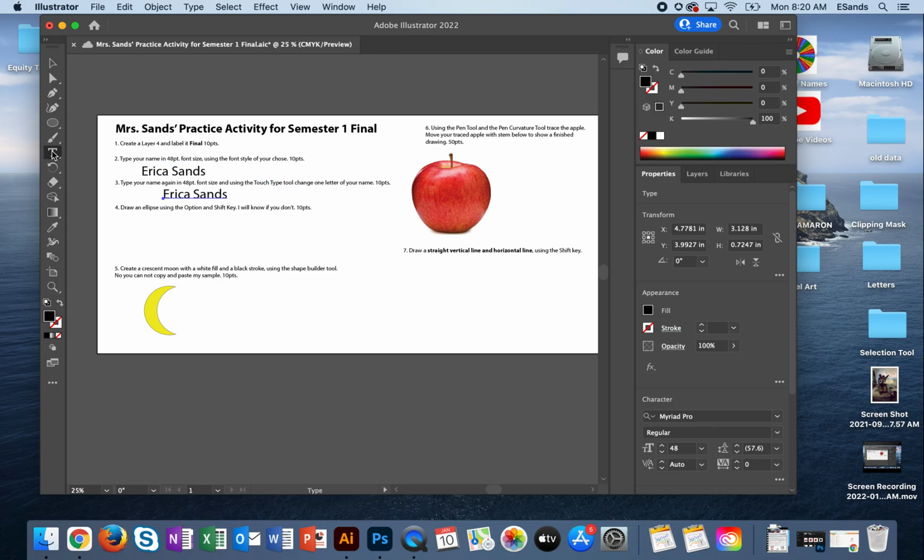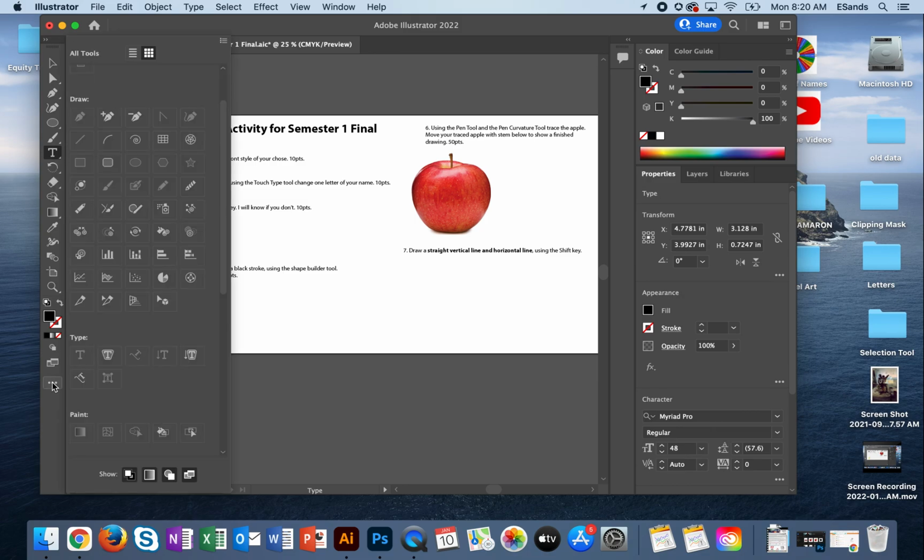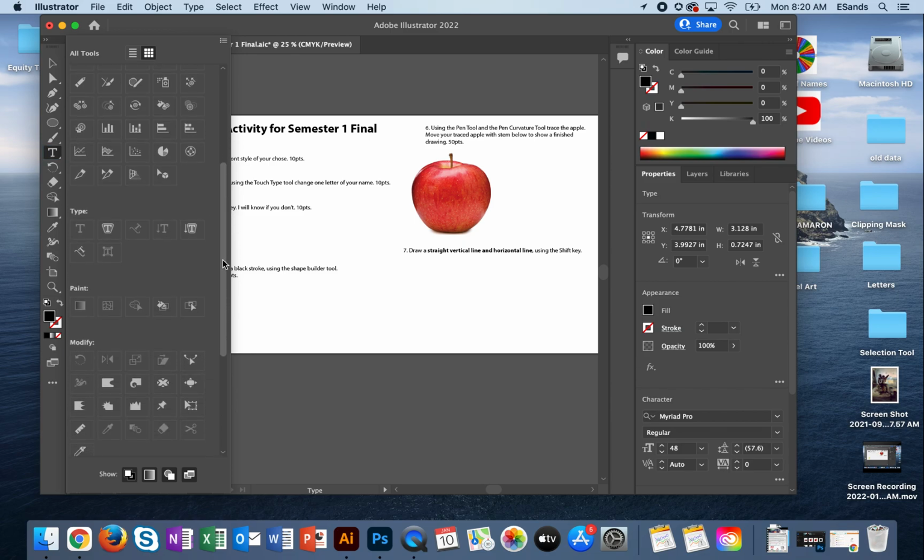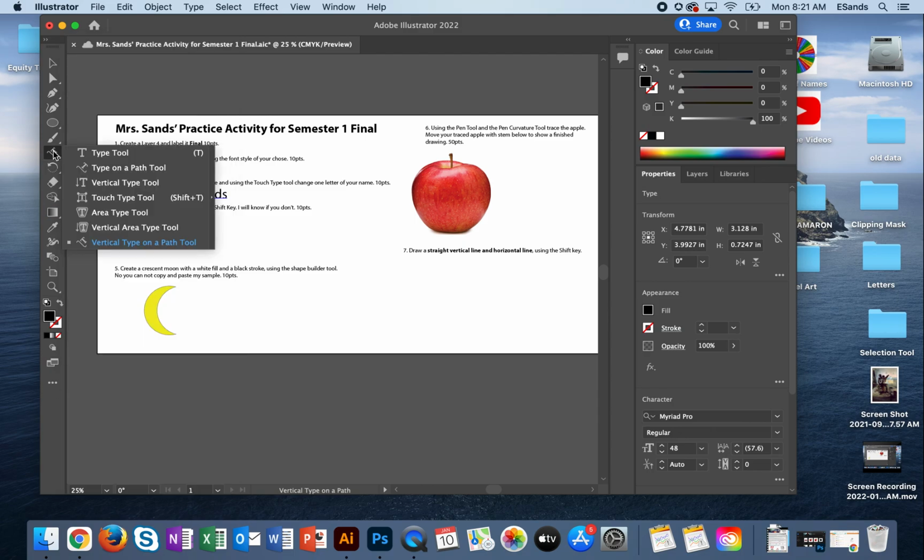You should, if you did the type tool assignment, have 7 different type tools listed here. If you are missing the touch type tool, you come over here to the 3 dots, you scroll down till you find the title of type, and then there are all these tools here. If they're highlighted like this, that means that they have not been placed into the toolbar. So these 3 were missing from my toolbar. Even though I don't need them, I can show you how to put them in. And then I can go ahead and close this by clicking on the 3 dots